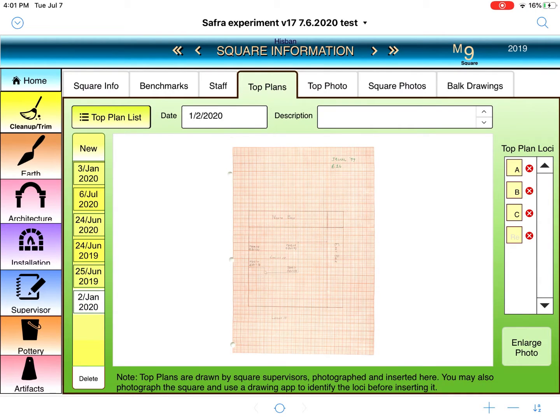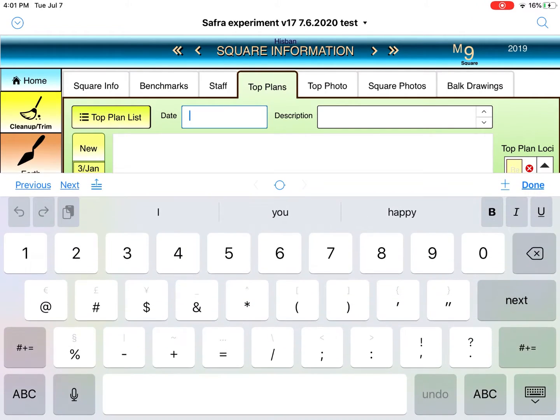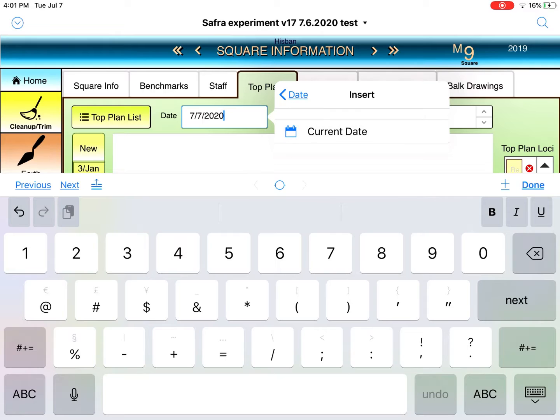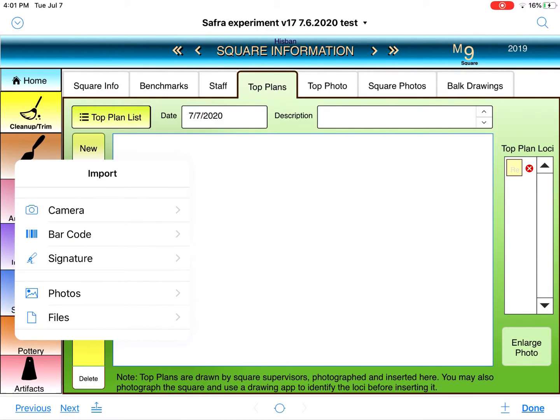So now, how do we add a new top plan? And the way you do that, on the right-hand column, you see there is a new button. You select the new button, and what it's going to do is give you this blank box. The first thing you want to do is put the date. So in this case, it's automatically going to show us the current date. So we're going to insert the current date. Click outside, or tap outside the box onto the large white square or rectangular shape, and you have a way